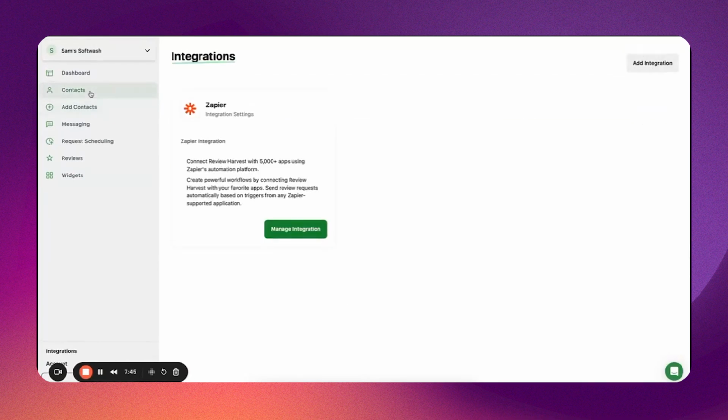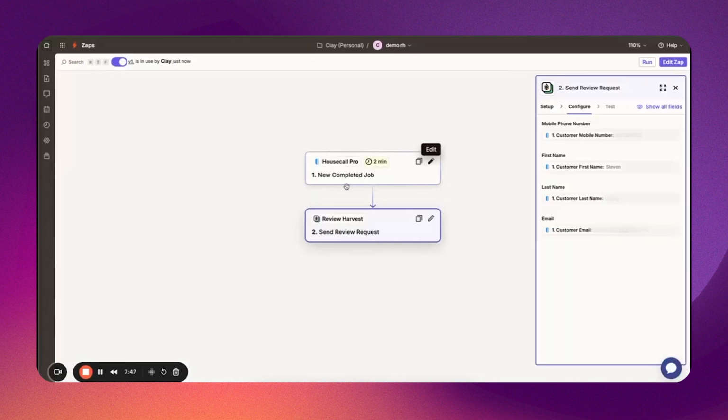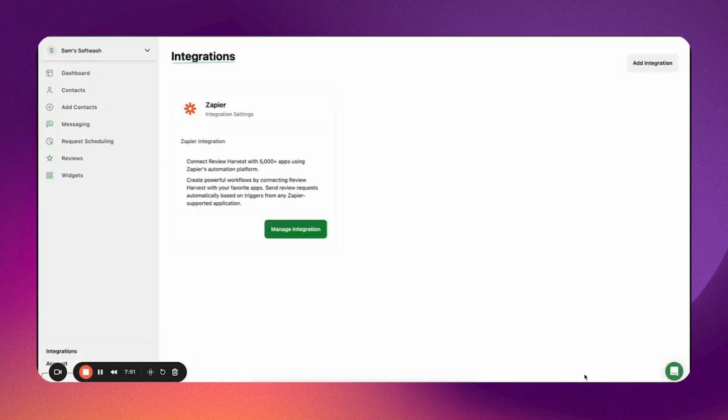If you ever need to change it or create a new one, you can manage it. You can delete the integration, but everything should be rocking and rolling, and you should see the contacts coming through into Review Harvest. So I hope this was helpful. Please reach out to support down here in the bottom corner if you have any questions at all about the Housecall